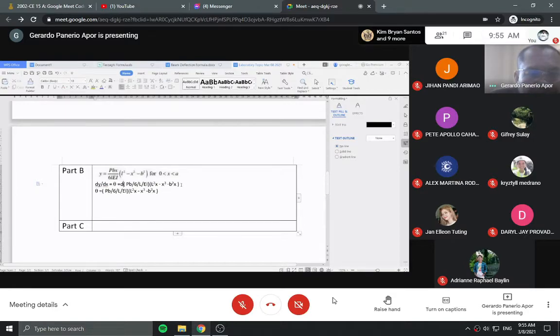The derivative of x disappears. So this one becomes 3x squared. And also this one, the x disappears. You derive it. Okay? So that the theta that we'll be having